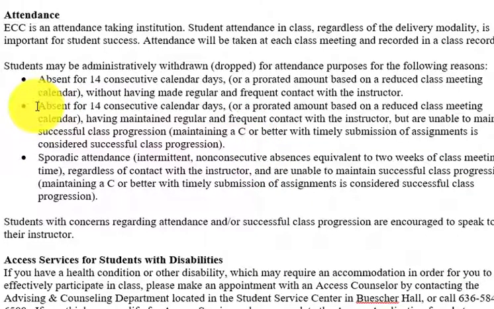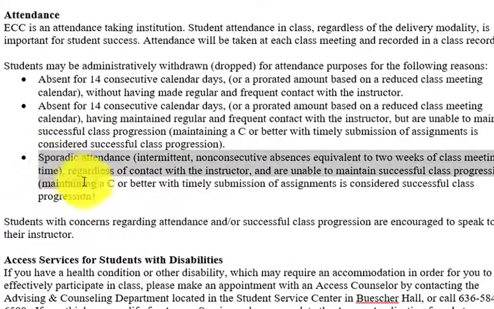They put this part in that if you have missed 14 days, and these don't have to be consecutive, by the way, it's a grand total, and you're not maintaining a C or better, then they require that you be dropped. Or this clause, sporadic attendance, where, let's say in an online class, you're logging in only once every 2 or 3 weeks.